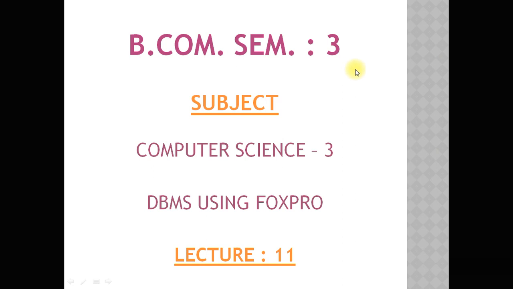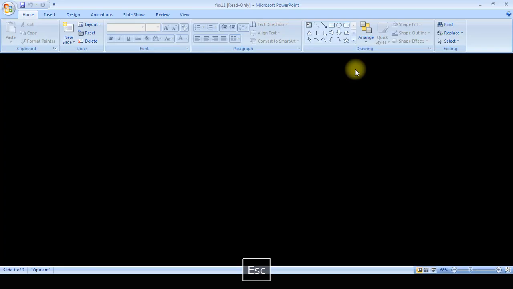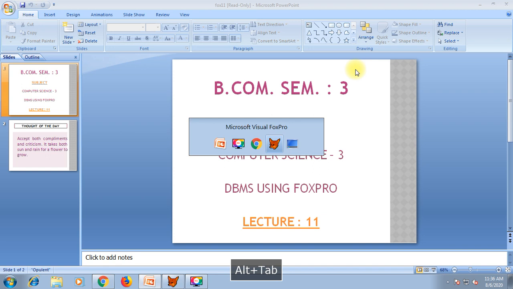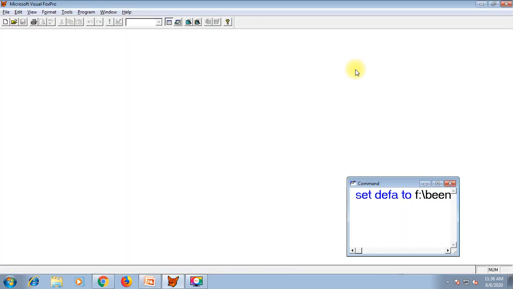Let us open FoxPro. The last program was of simple calculator, which allowed you to calculate addition, subtraction, multiplication and division between two numbers.